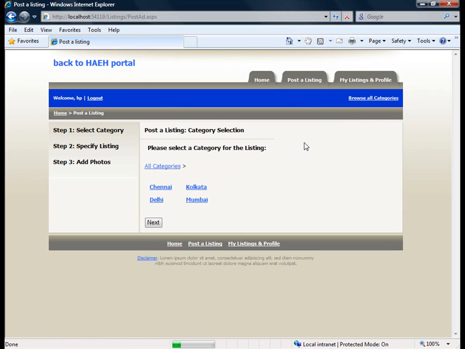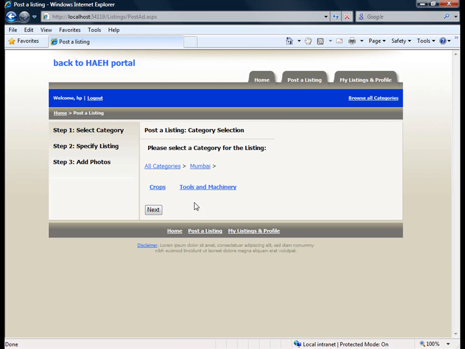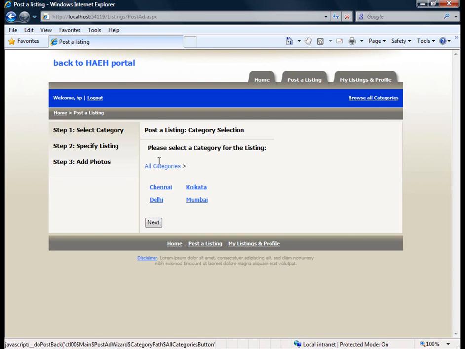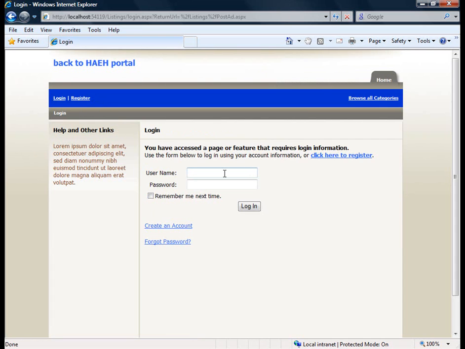Now, similarly, for the updating of the crop prices and newer links, for editing the listing, a moderator again can log in and